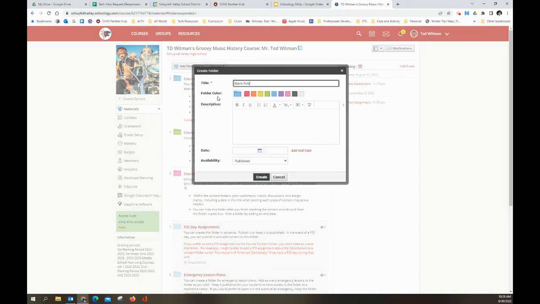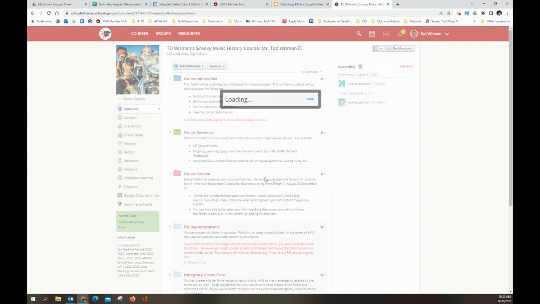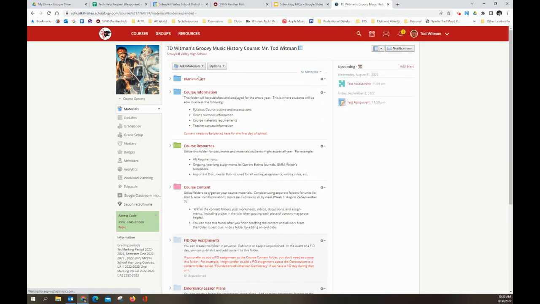blank folder. You can put your description here and add anything else that you want. And you can set a start time for it to appear and add an end date. And then choose your folder options here. I'm just going to leave it as is. Click create folder and boom, there it is at the top. Okay, so